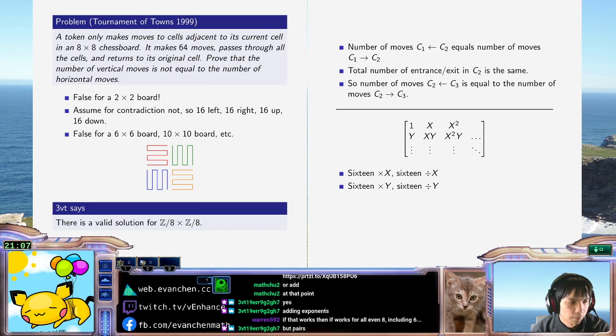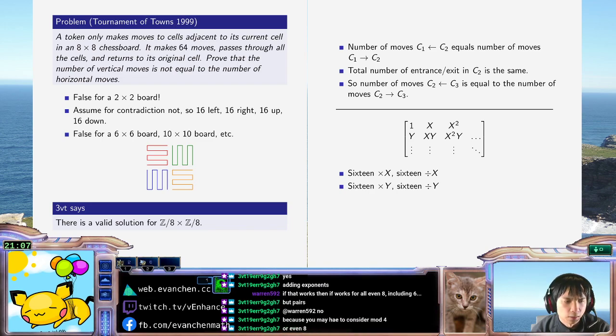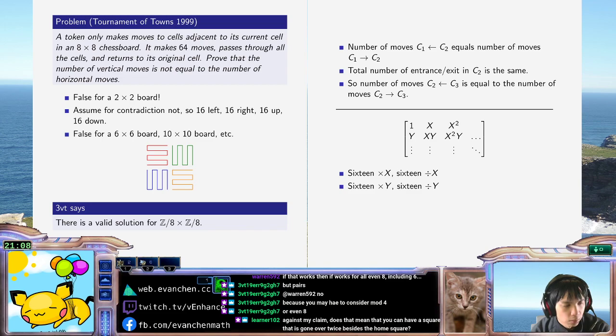So the product of the whole path, all right, I'm gonna momentarily ignore that. All right, so given so